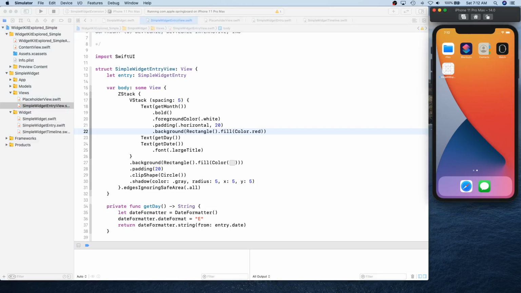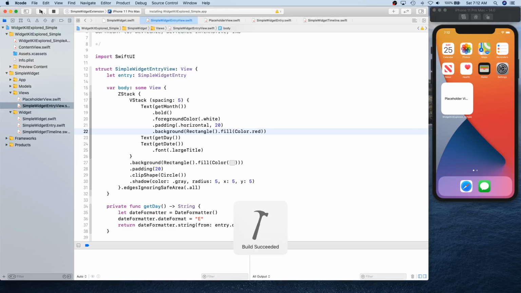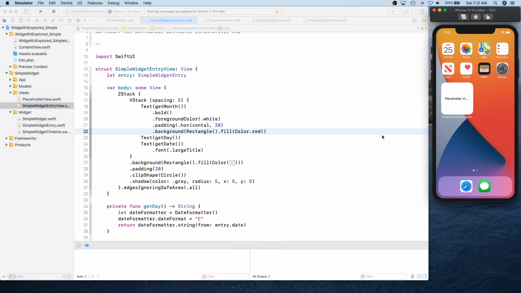Okay, so let's see if it fixes this issue. Let me relaunch, and no, it's still cached. One more thing I found is you might have to reset your content, and then it'll actually reflect the changes. But anyways, we have a little bit of an issue.